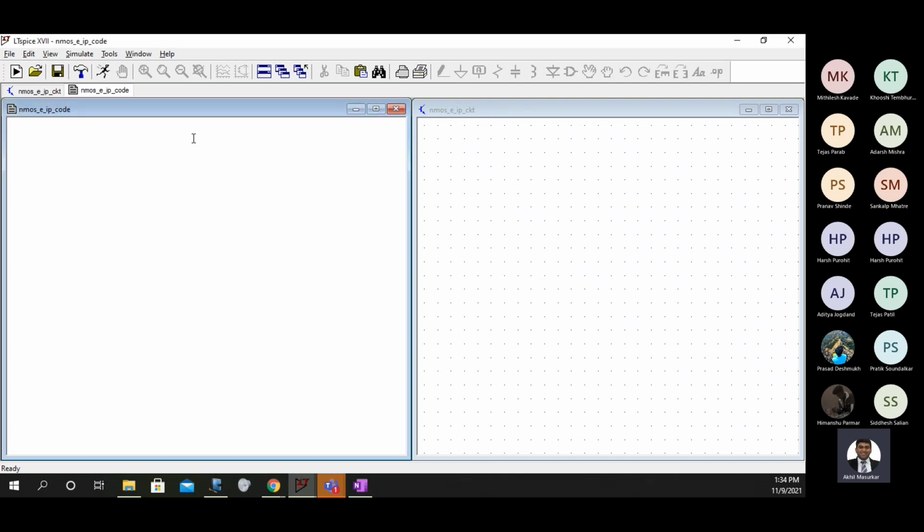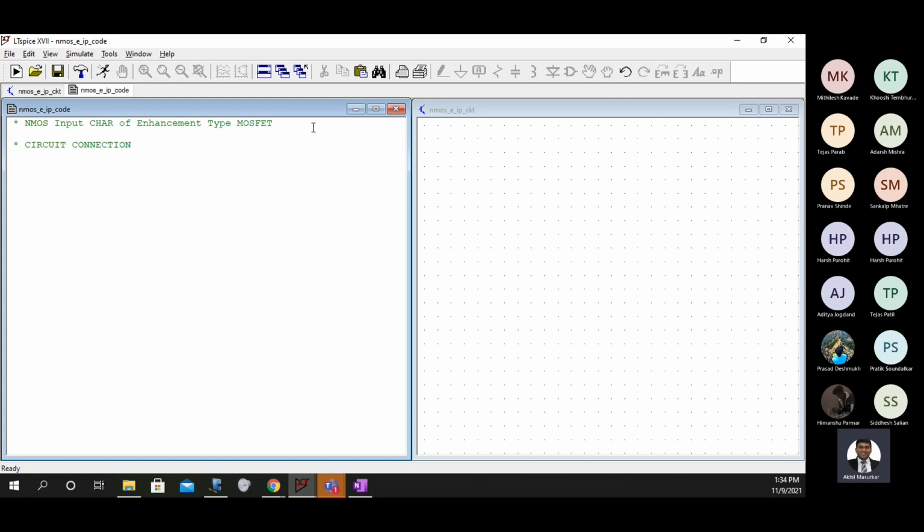The first step, always, it's a good habit, is to write the name of the circuit. So I'll just write here NMOS, input characteristics of enhancement type MOSFET, and the SPICE description, the code description, is